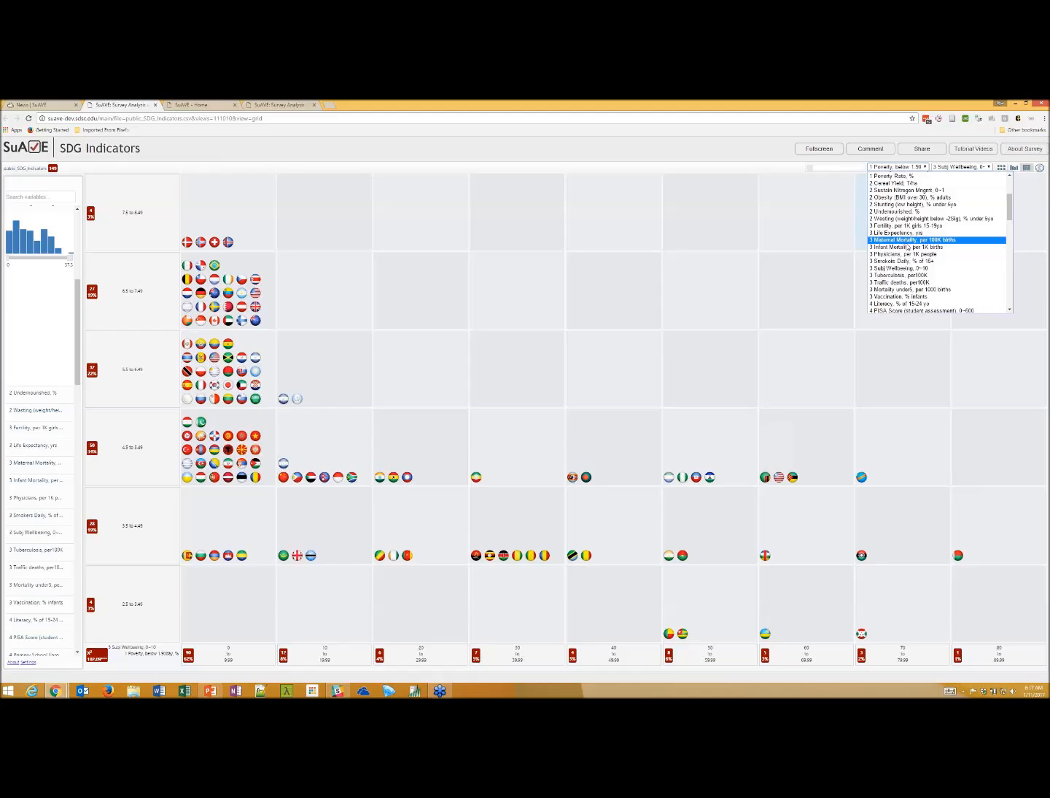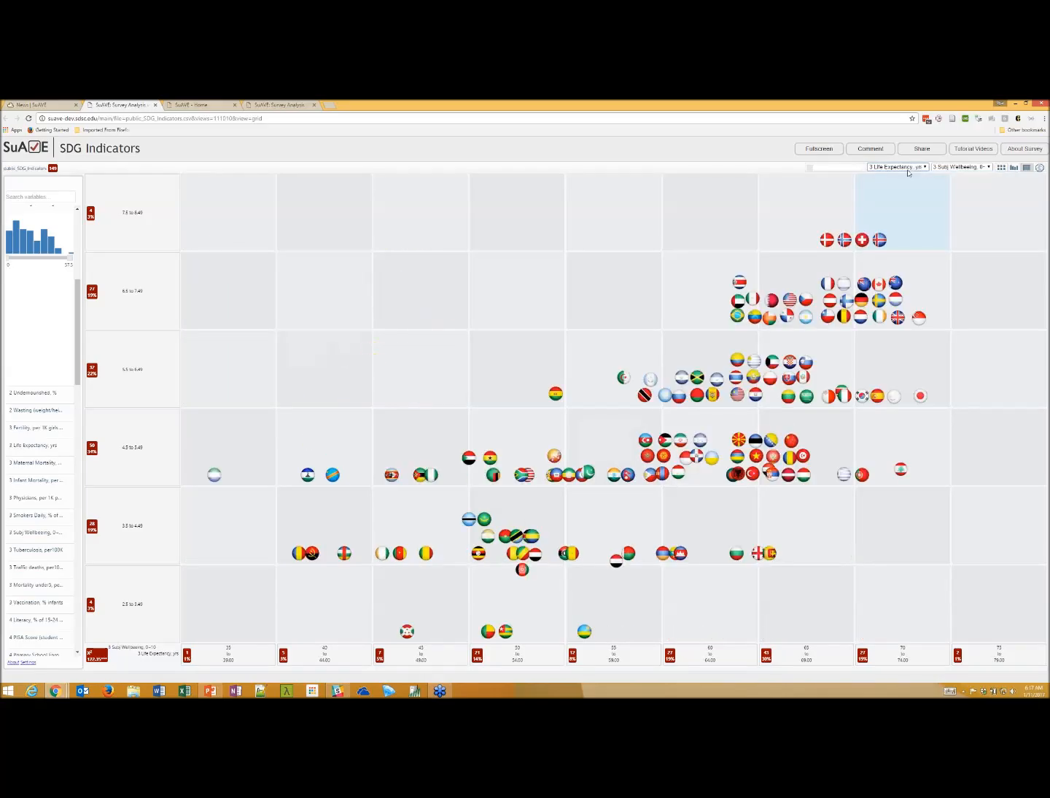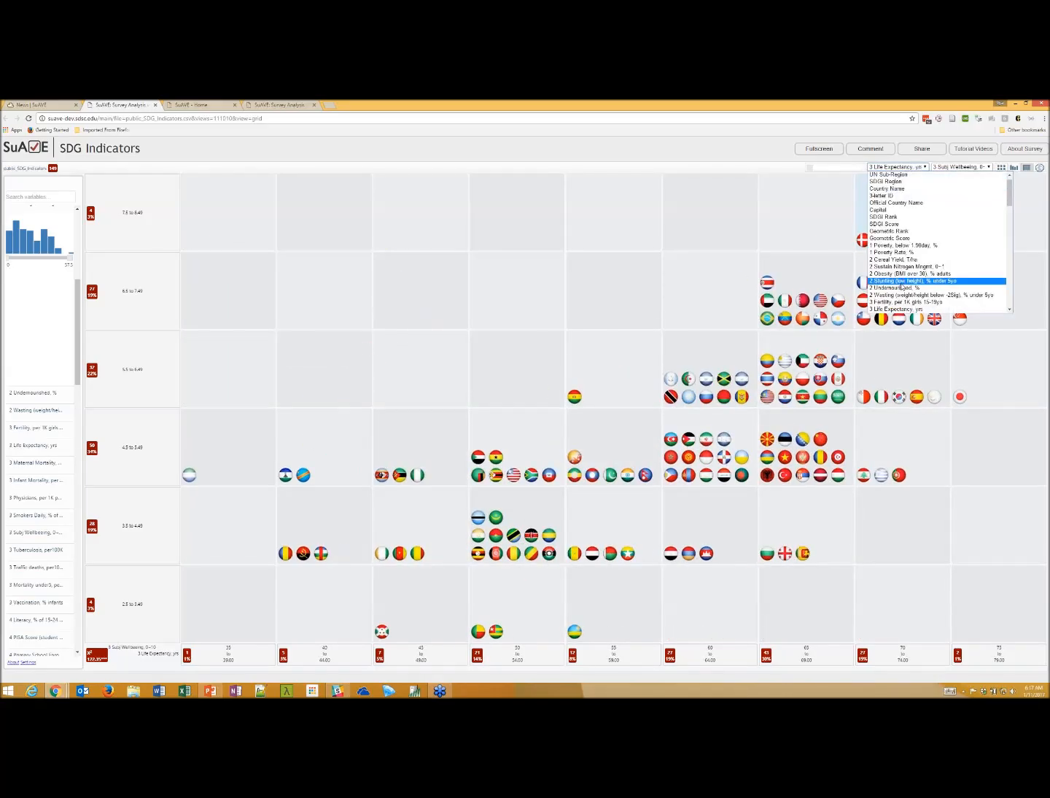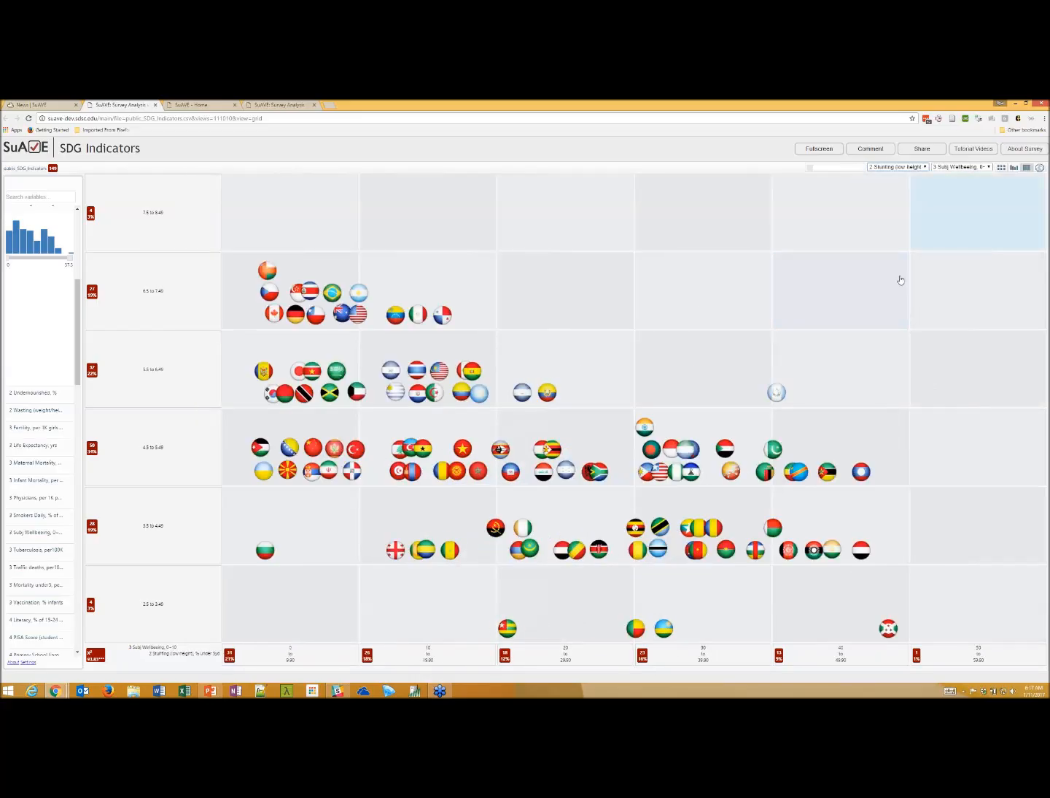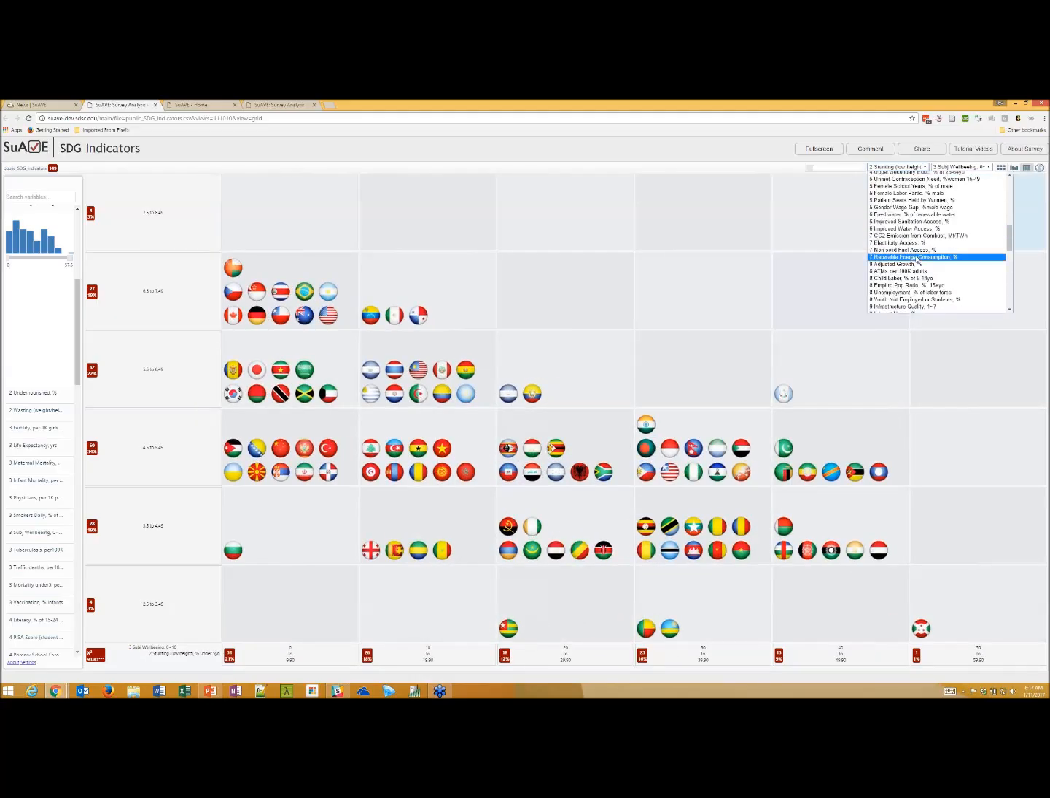You can look at infant mortality or life expectancy or stunting or internet usage, fresh water. There are a bunch of very interesting characteristics here. And as you analyze this, you would see that SDGs